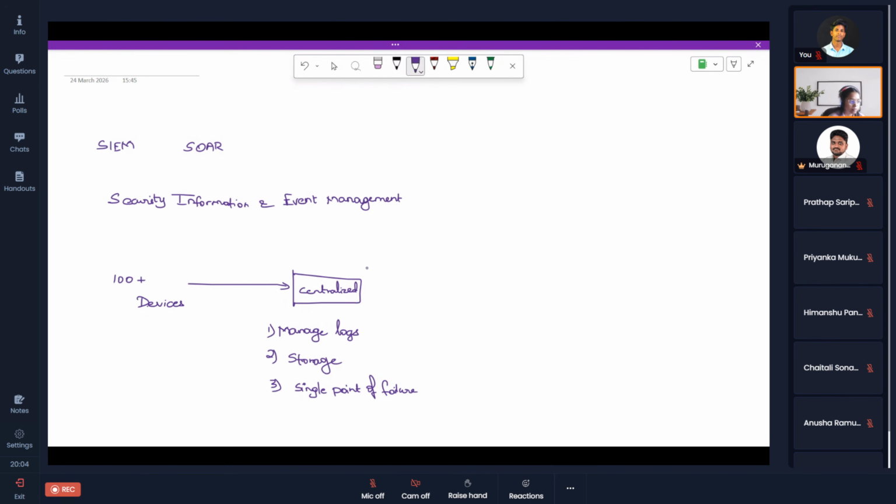So this system is called SIEM, and that is where multiple tools come into the picture. We have Splunk, QRadar, and what else, we have ELK, Microsoft Sentinel. There are a lot of tools. So all these are going to be SIEM tools. So